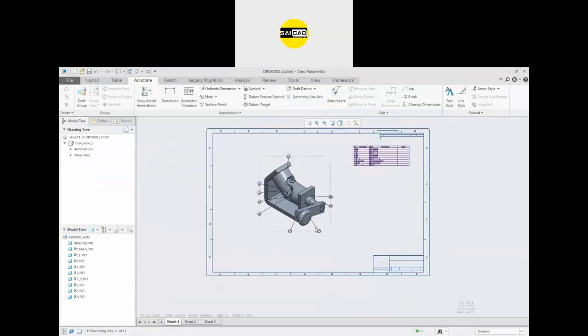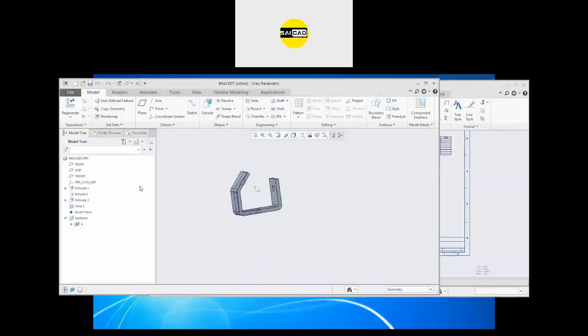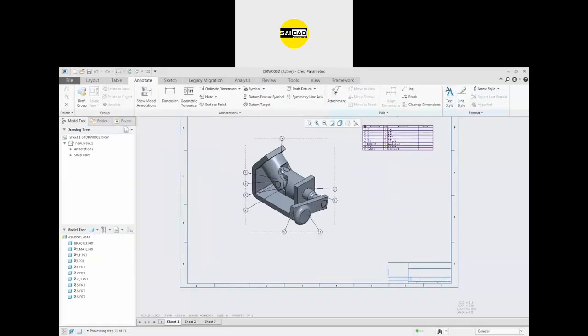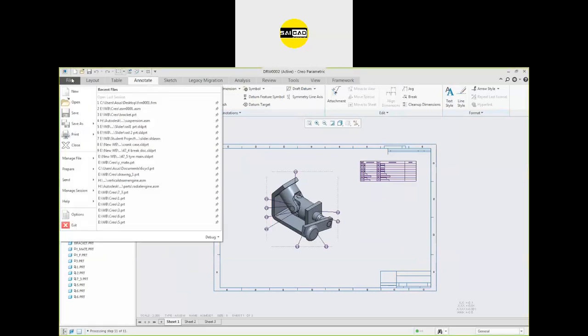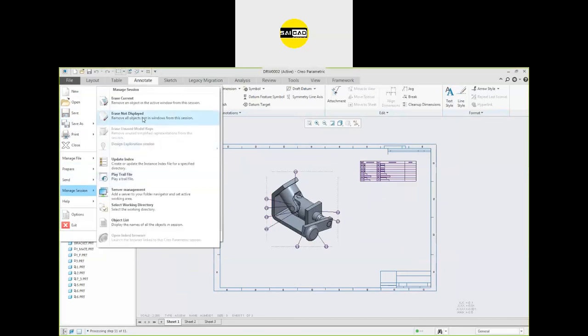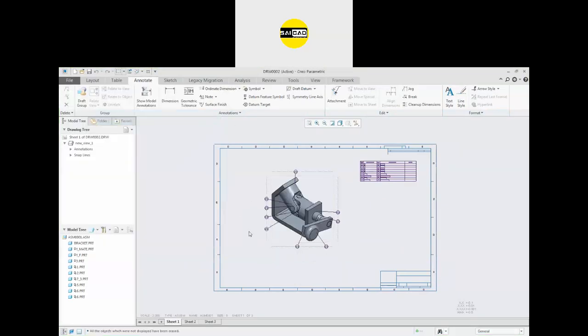Okay, we are back. So first of all, close the unwanted file. Okay, we need this file only, so I'm going to clean the memory first. So that will be from the manage section, erase not displayed. So all the files I have created till now and closed will be erased from the memory.